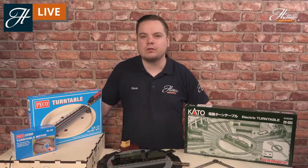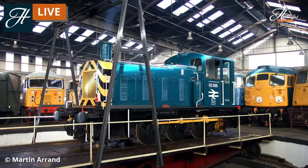Heading over to one that still survives with us today. This is the turntable at Barrow Hill Roundhouse near Sheffield. And this is a turntable that's actually inside a locomotive shed. So the roundhouse that we see here is, although it's a square building, it's got a round circle of tracks coming off the turntable again for locomotive stabling, really making use of that space that we have there inside the shed building. So the turntable will be mounted centrally within the building, and we can see underneath that Class 03 shunter, we can see the mechanism of the turntable with the wheels and the single rail, allowing that to be